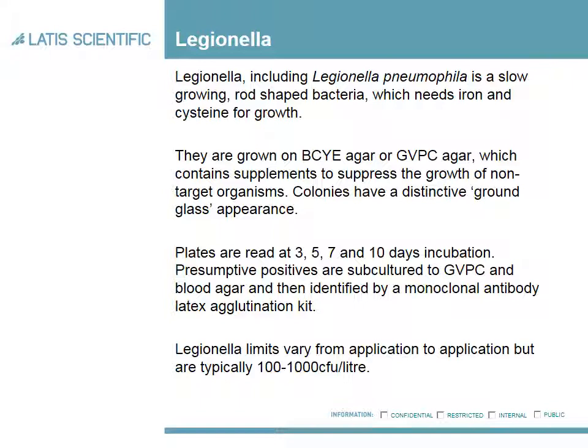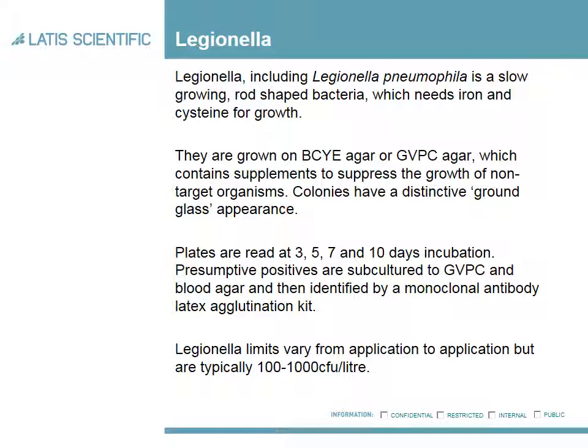When you look at the plates with them growing on it, they have a distinctive appearance like the ground glass surfaces in ground glass joints in labware in laboratory equipment. Once we've processed them, we read the plates at 3, 5, 7, and 10 days. Anything which looks like a Legionella is a presumptive positive. We then subculture it to GVPC and blood agar, and then identify it with a monoclonal antibody latex agglutination kit. It's only once you have an identified positive result that you get a report of an interim positive phoned and